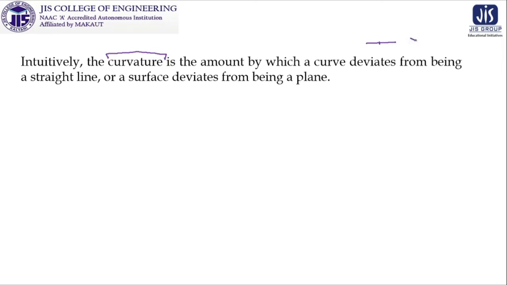But if you have a curve like this, and at this point it is not a curve, if it is a straight line, then what is the amount of deviation required to become a straight line? So obviously it will be clear. If you have a curve like this and you are considering this particular point, the deviation from being a straight line here and the deviation at another point are different. So this curvature and this curvature are obviously different.